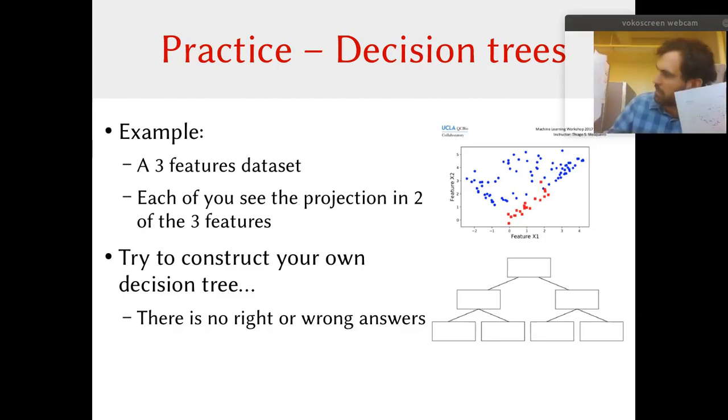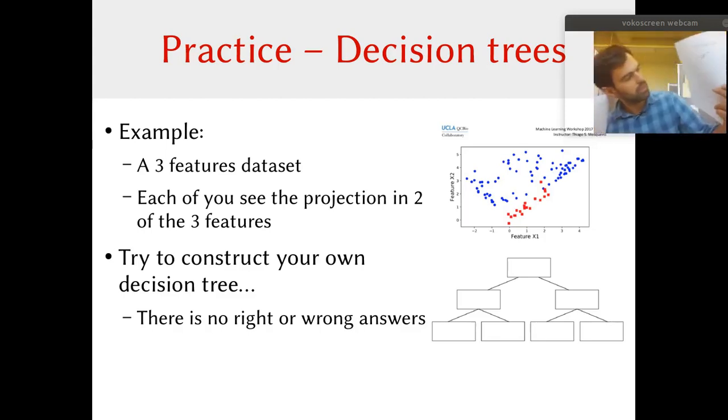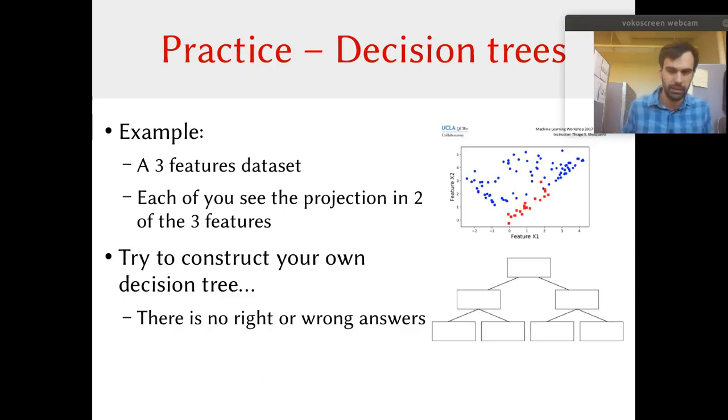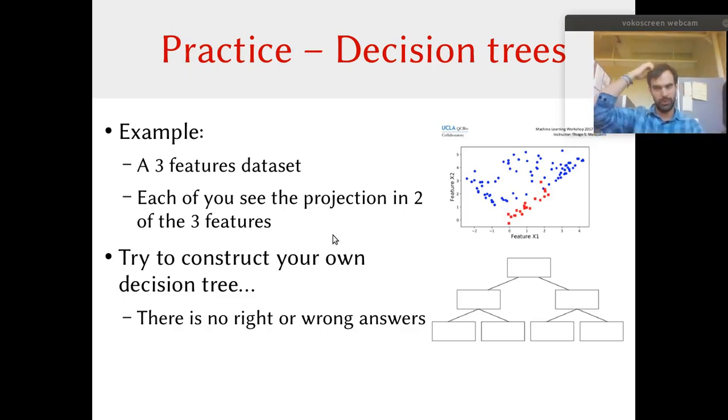So here it will be x1 and x3, and this one will be x1, x2. So each of the students has a different projection, but it's still the same data set, and I ask them to build themselves a decision tree the same way we just did before. And so what I propose to you who are doing this workshop while watching the video,